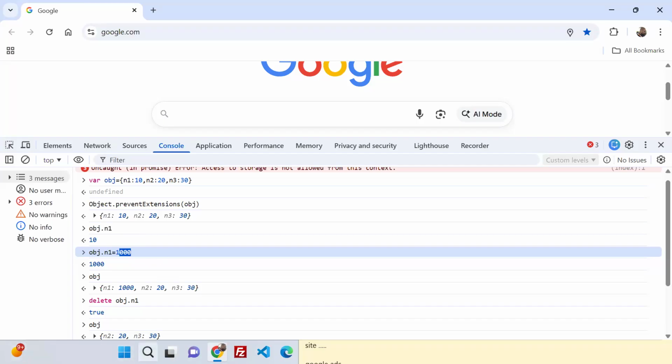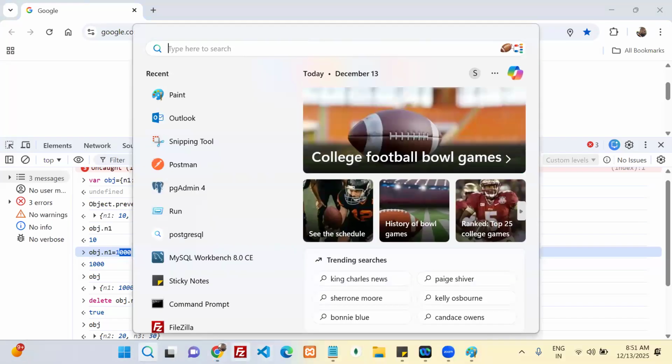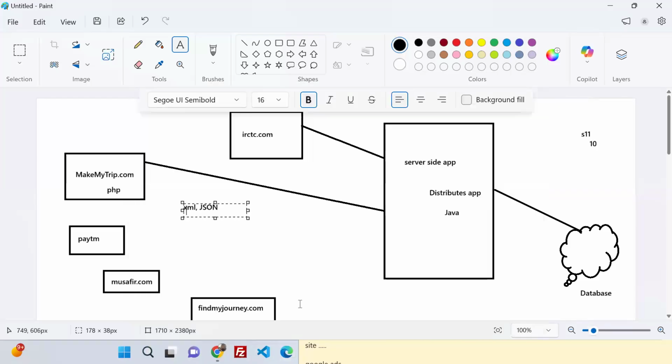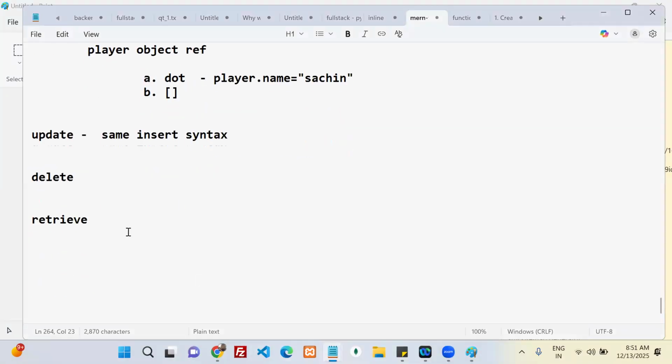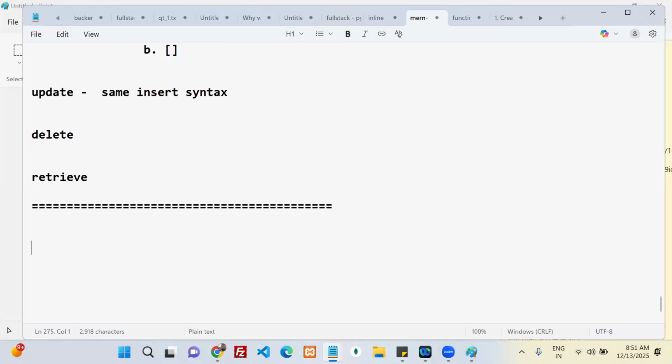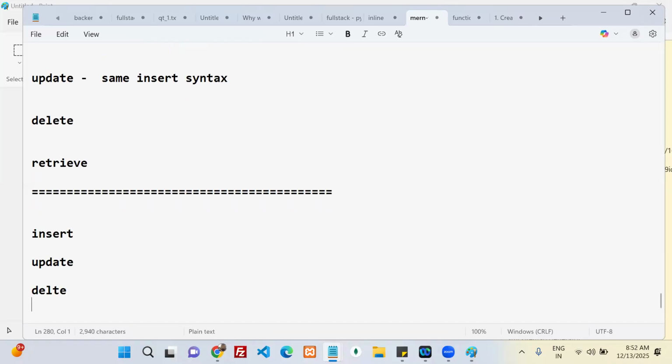Understood? Any questions? Anyone have any questions? So can you repeat what seal is doing? Seal means sealed. We cannot take it out. We cannot insert also. That means what? Delete, insert. Okay, let me write it. Insert, update, delete,